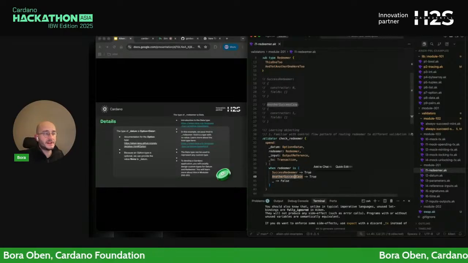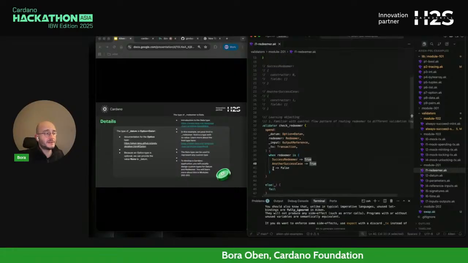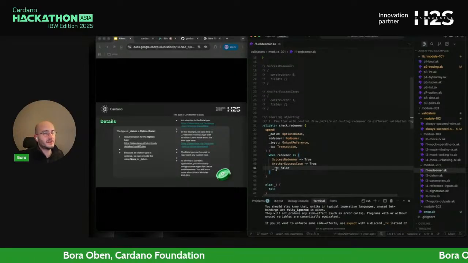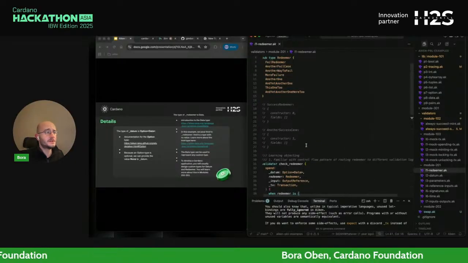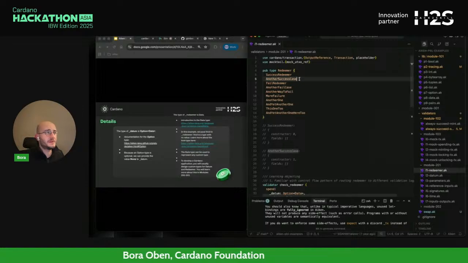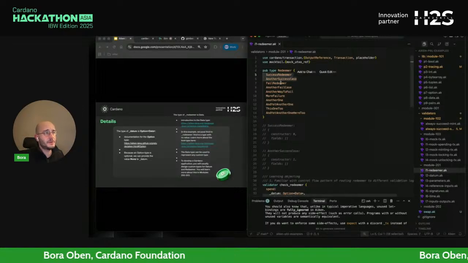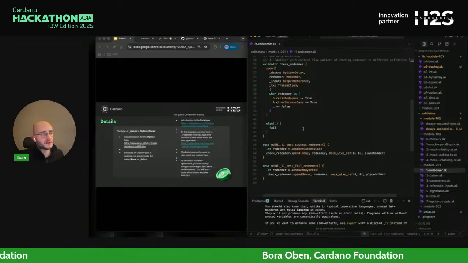If it is another success case, it should again be true. And if it is anything else, this notation you can think of as the else, it should return false. So if someone provides a redeemer outside these two, this would always fail. This is essentially what the smart contract does.